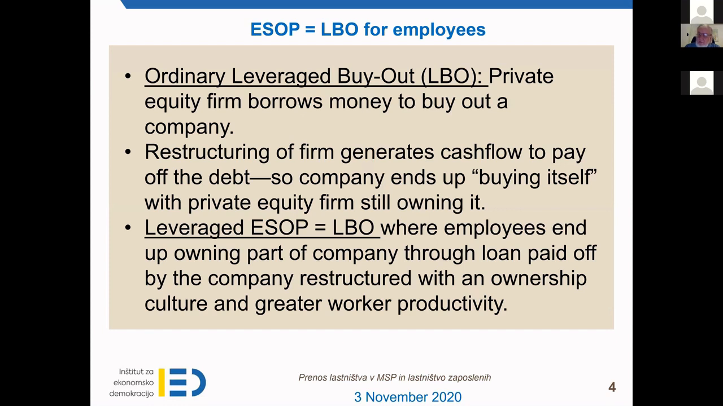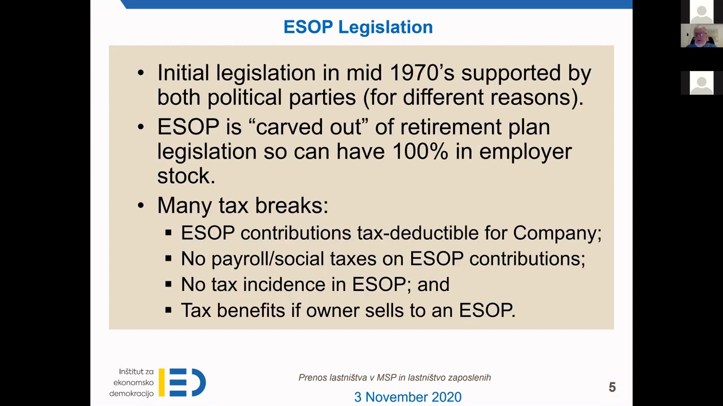And that's what makes the company more efficient, and in part funds the company contribution to the ESOP as well as tax breaks. So it's the same general idea as a leveraged buyout, except that the workers end up being the beneficiaries instead of a private equity firm, or what were just called leveraged buyout firms in the 1970s in the United States. The legislation was started in the 70s, and it was supported by both sides, by right and